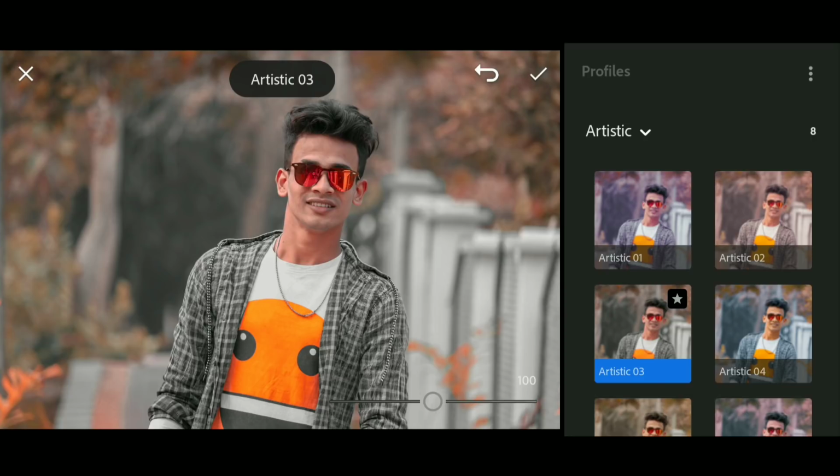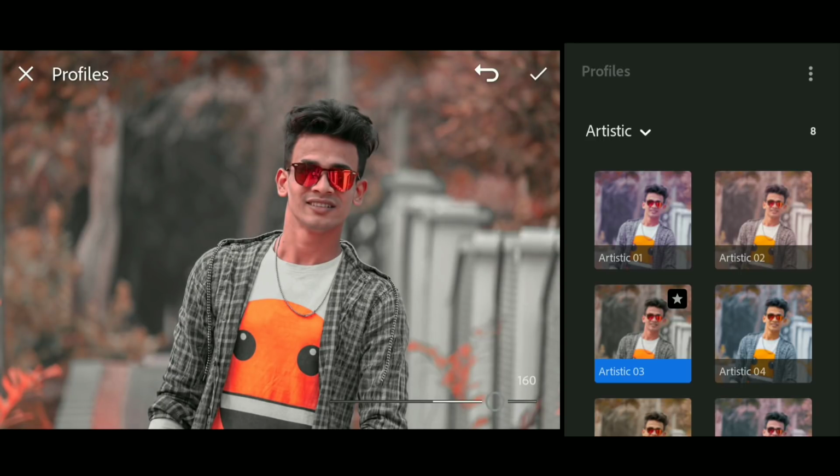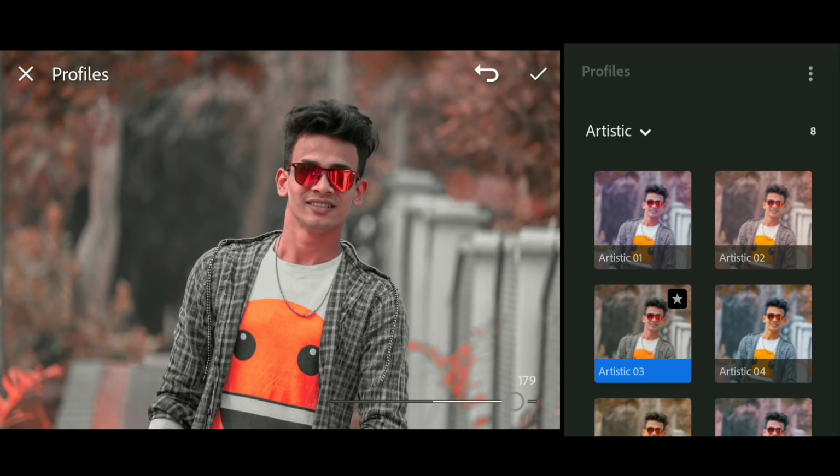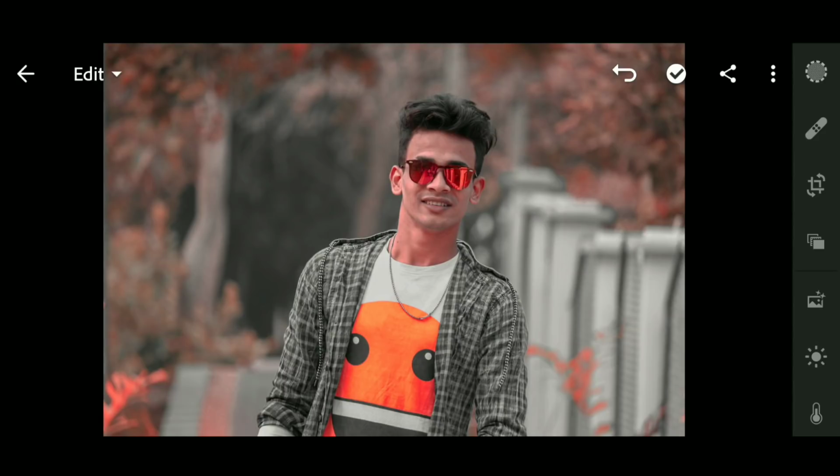This profile will help you make this red tone color effect. Here is the intensity, so take this intensity slider and increase it to a good number which is looking good for your image. I will go to this number, this looks good, and I will hit OK.